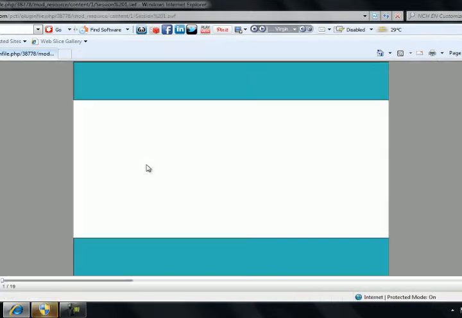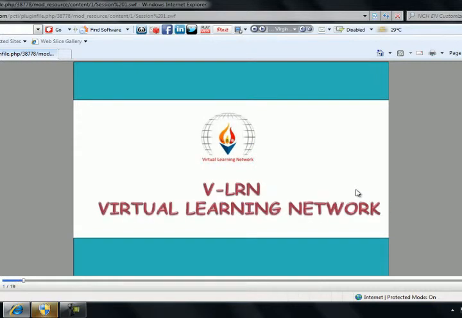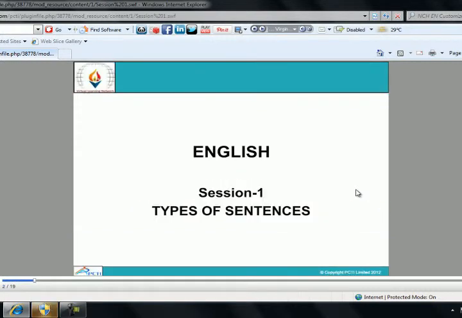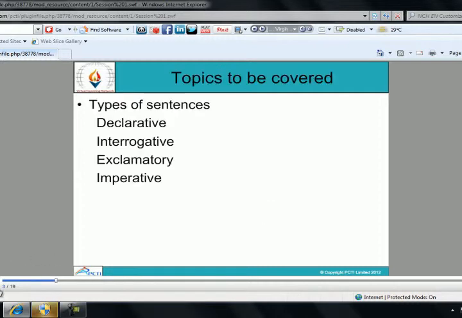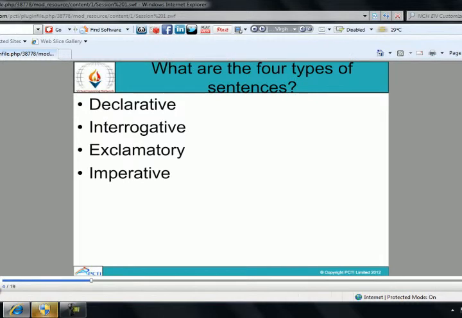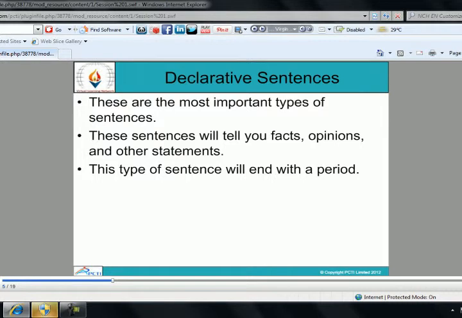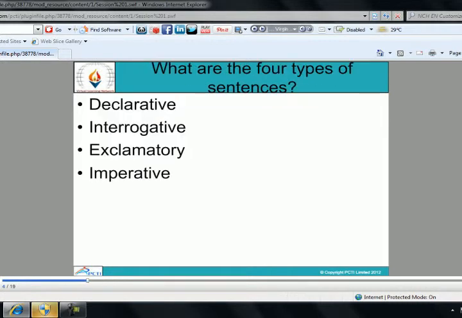Say for example, if we have clicked here, so this is the PPT that has started. Now, this is the forward button. If you click on this button, you will be able to jump to the next slide. This is the rewind button, and this will help you in seeing the previous slide.